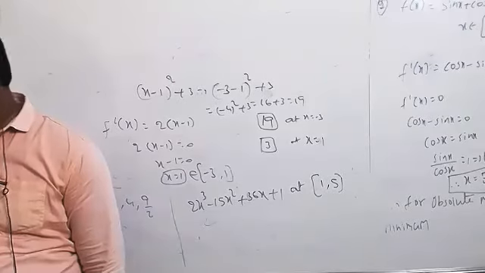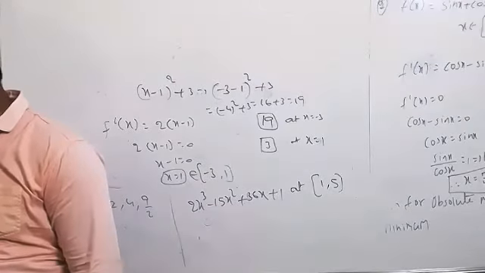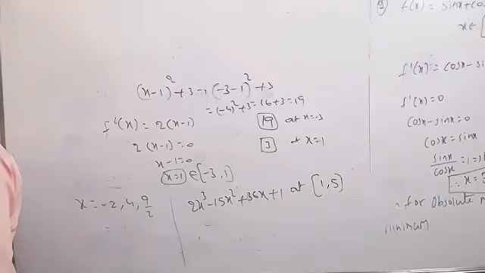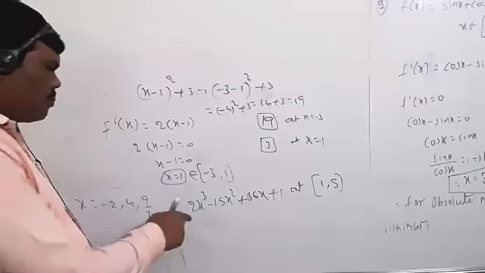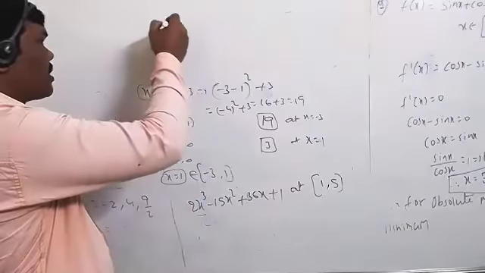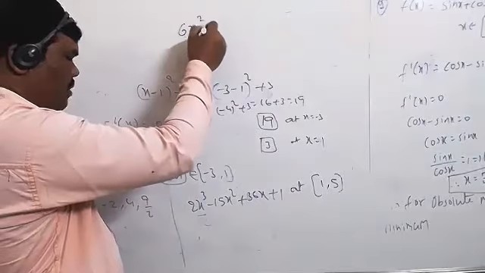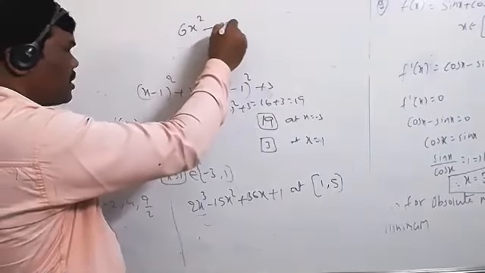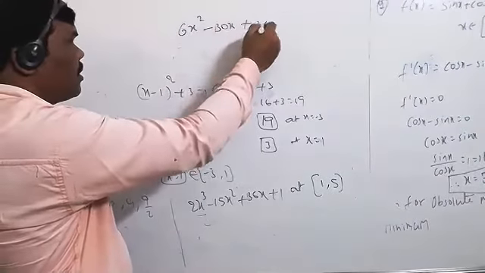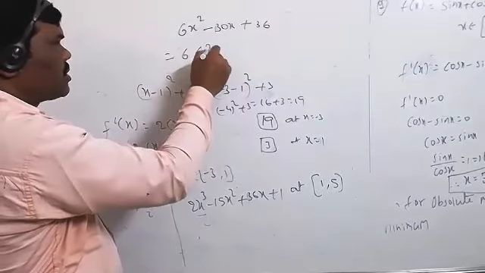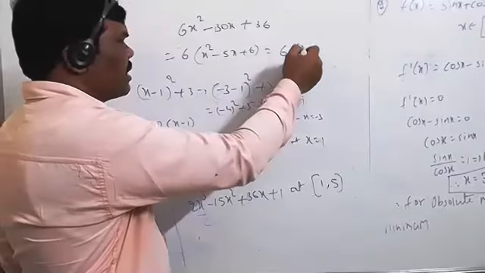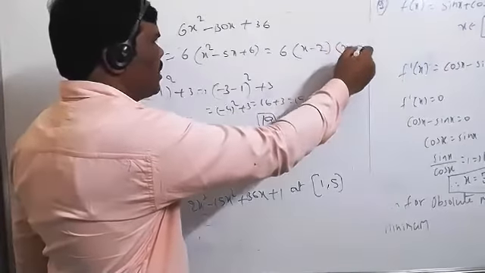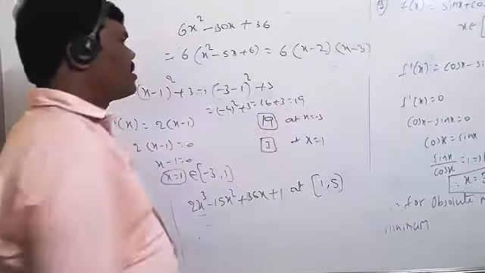So should we use b square minus 4ac for this? Yes, you can use it, no problem. And directly you can do the factorization. Factors we are not getting. No, sir, it's not coming. That's why I used b square minus 4ac. Once you take it here, this is f dash of x equal to 6x square minus 30x plus 36. From this you can take 6 common now. 6 into (x square minus 5x plus 6). Why are we not getting these? These are 6 into (x minus 2) into (x minus 3). Correct? 6 into (x minus 2) and (x minus 3).